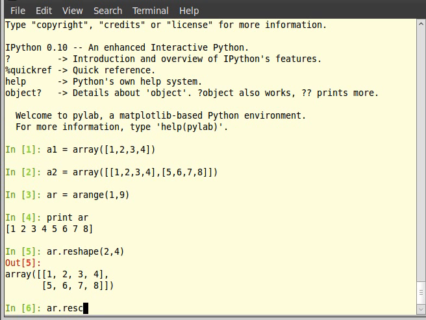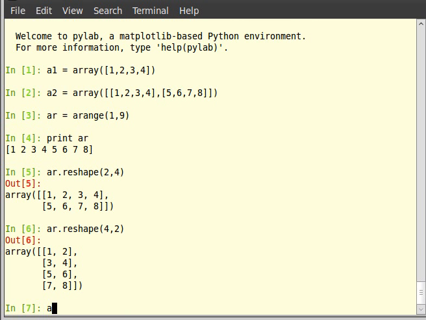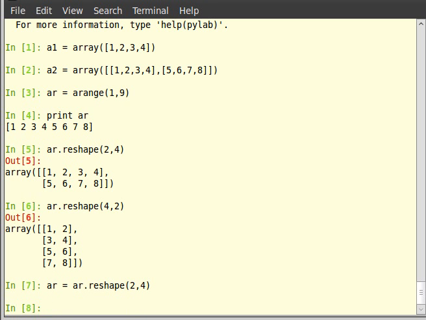Let us use arange function to create the same array as before. So for that, type ar is equal to arange within brackets 1 9 and hit enter. So type print ar to get the output.